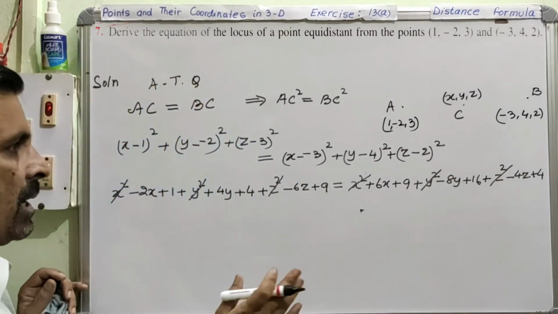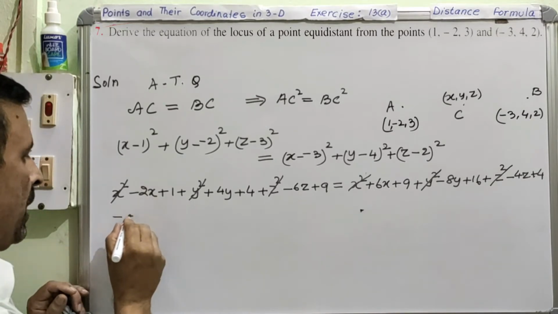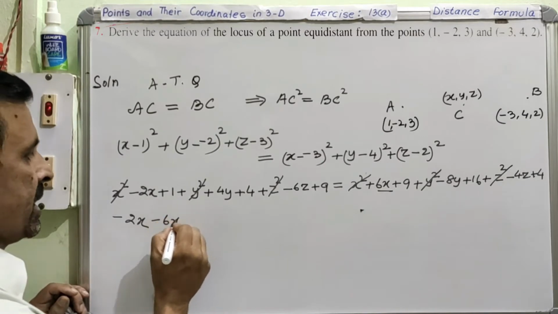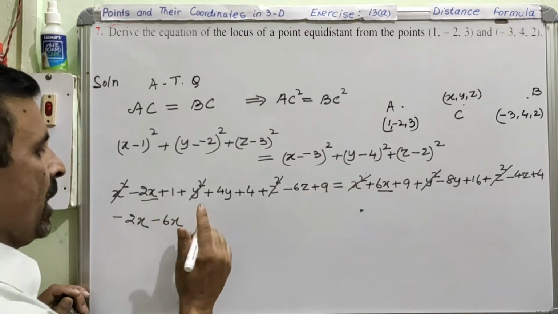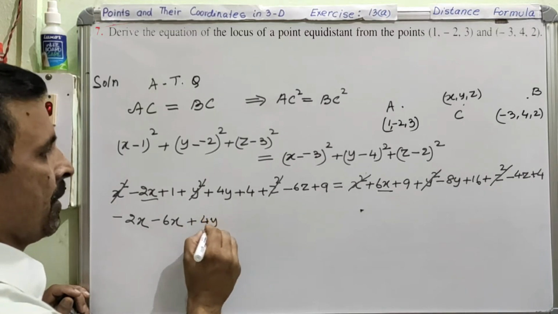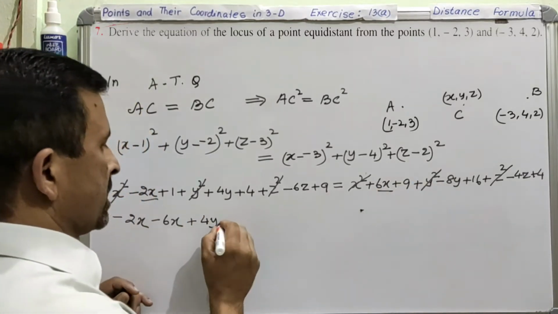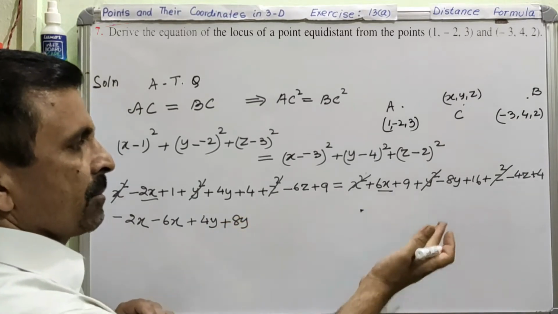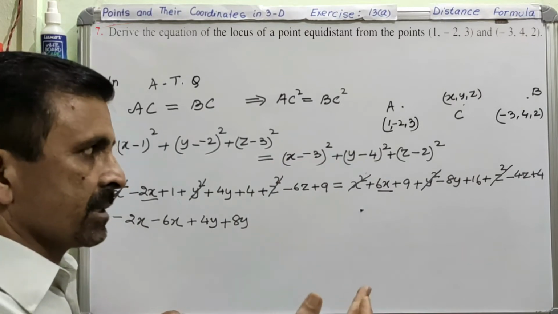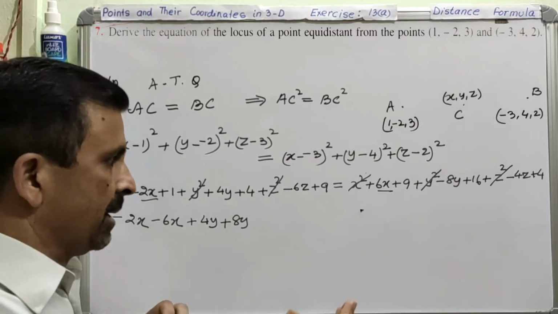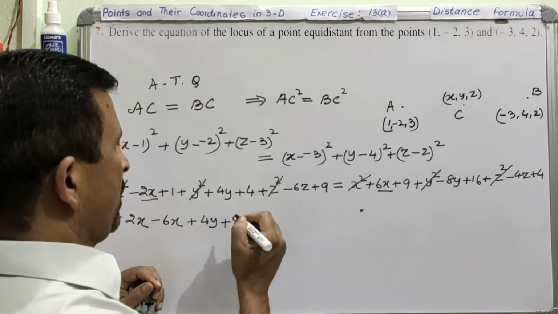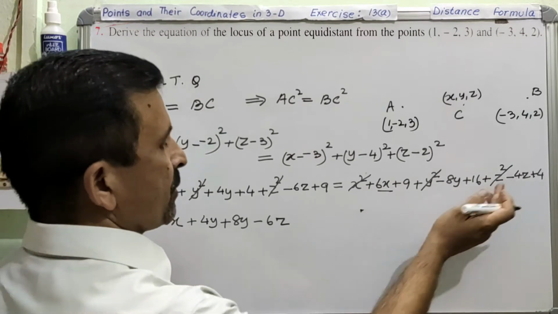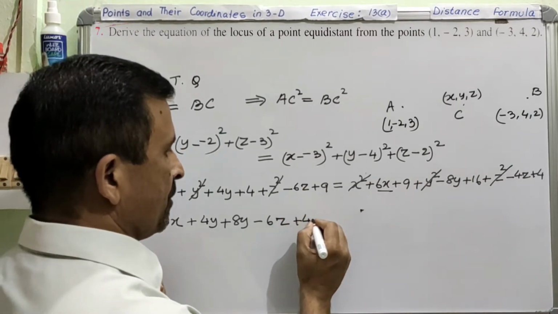After this, let us collect all the like terms. So this is minus 2x. With this minus 2x, we will write this, which will also become minus 6x. So this side is done. Now the y term, plus 4y, right? And here this is minus 8y, so when it comes to the left side, it will become plus 8y. You know when the term moves from one side to another side, the sign gets changed. Plus becomes minus, minus becomes plus. Now y is done. Now z, minus 6z, right? And then from here minus 4z will come to the left side. It will become plus 4z.